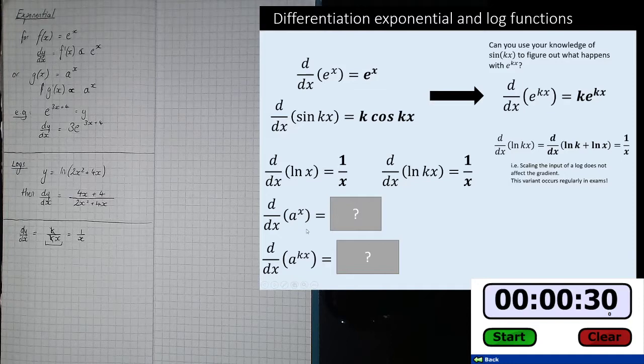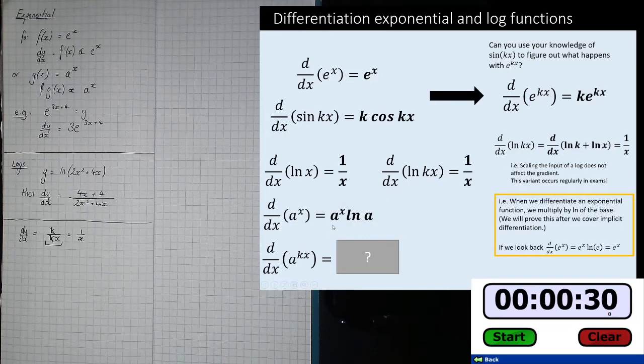Now this, where we have a to the power of x, is something that in my experience often gets overlooked. We just had e to the power of x as its derivative, but for a to the power of x, we get something slightly different. What we get is that it's still proportional to itself at a particular value, so it's still going to be something times a to the power of x,